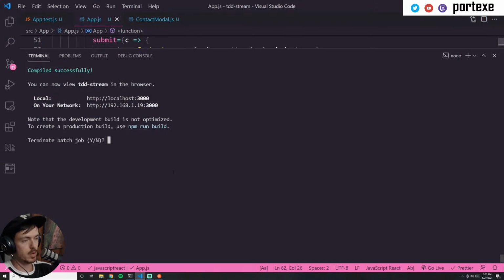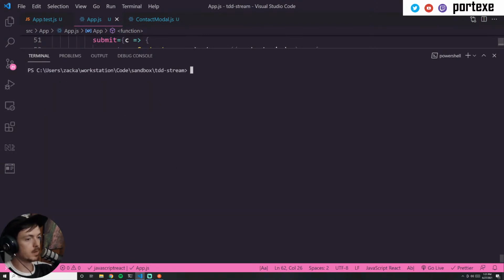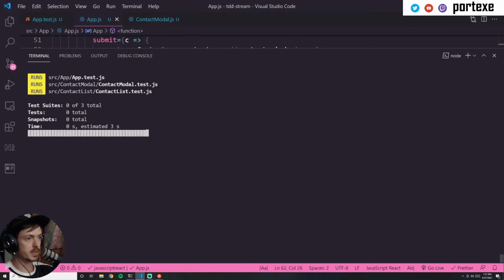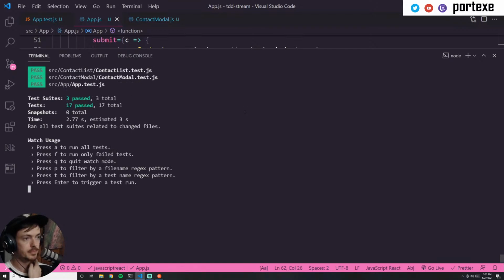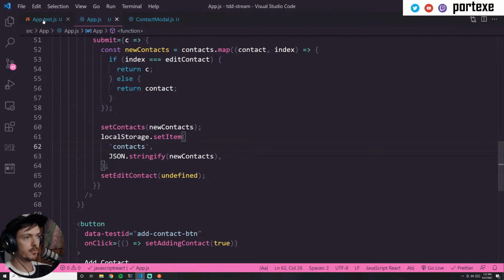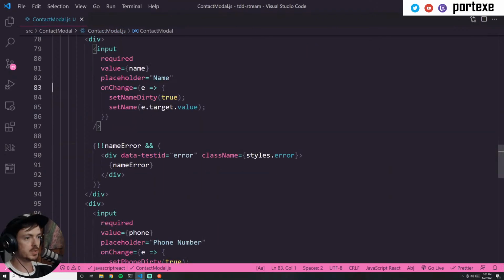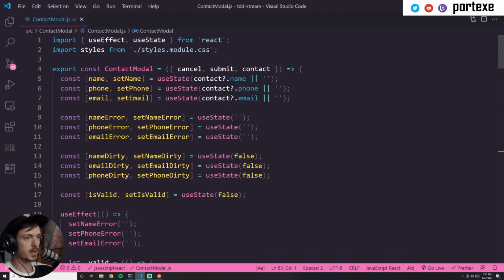So what do I mean by that? Well, let's get out of the actual app here. I don't care about the app anymore, just the tests again. So we'll just go ahead and get the test runner going. They should all be passing because I didn't change anything. And if we go to the contact modal, you can see that within here,